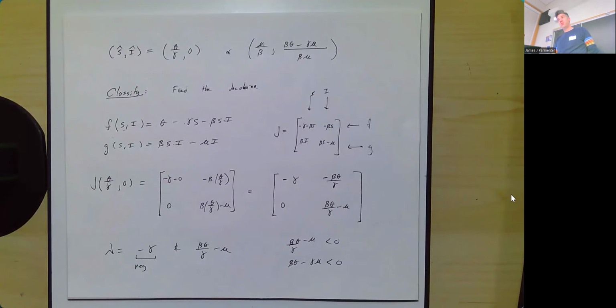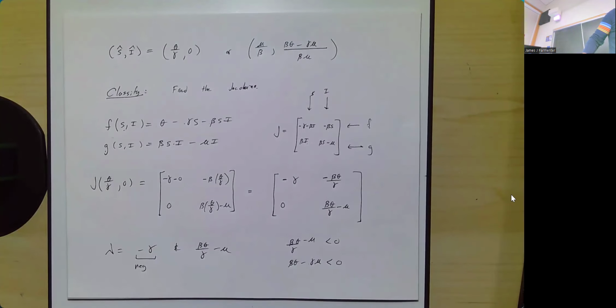I don't know why that's true, because I'm not a biology guy, but basically they're saying this second equilibrium is only interesting if beta times theta, so beta, the transmission rate of disease from infected to susceptible, and theta, the constant rate of arrival of susceptible people, minus gamma times mu, which is the per capita mortality times the other per capita mortality, should be positive. Why? I could not tell you. You should ask someone else to tell you why, because I don't know why. But the upshot is that we are saying that beta theta minus gamma mu should be positive, which means then that,